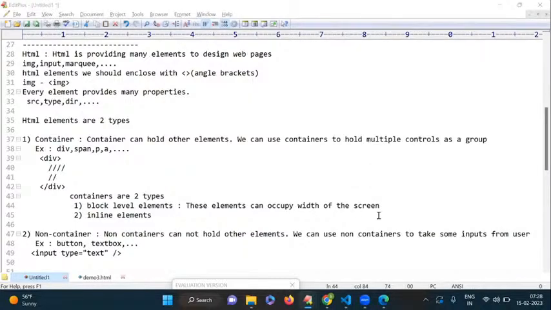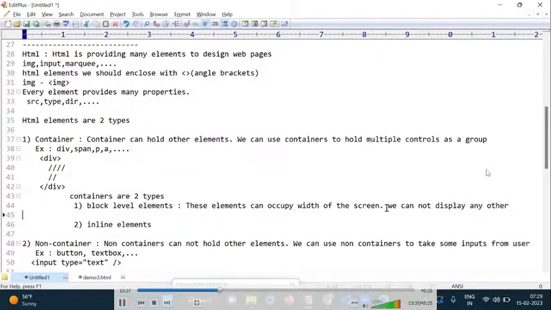So block level elements occupy the complete width of the screen. So we cannot display any other elements